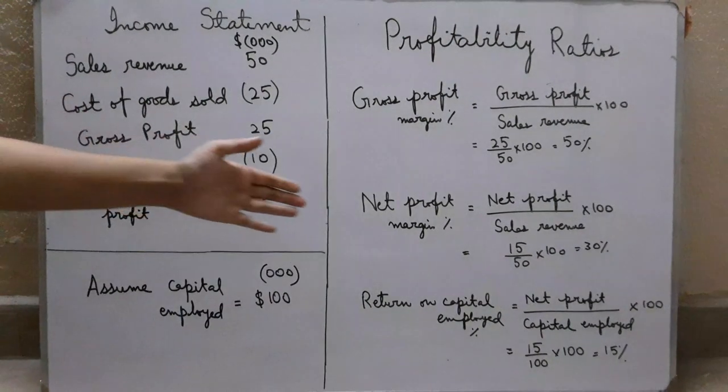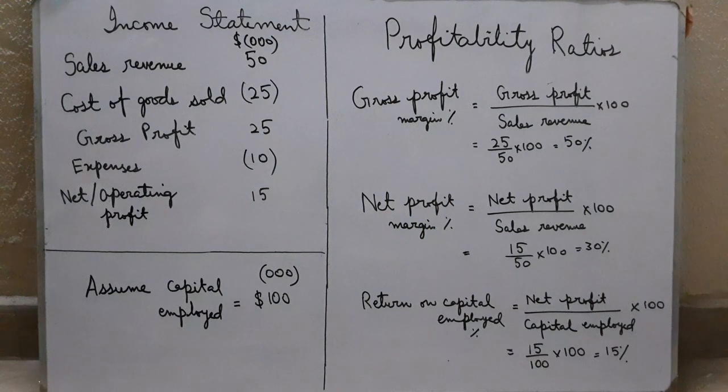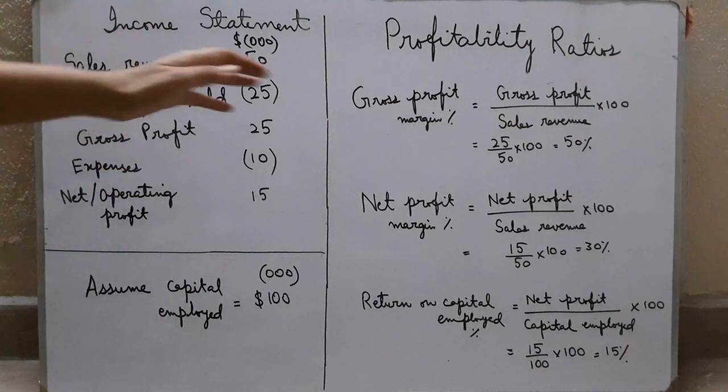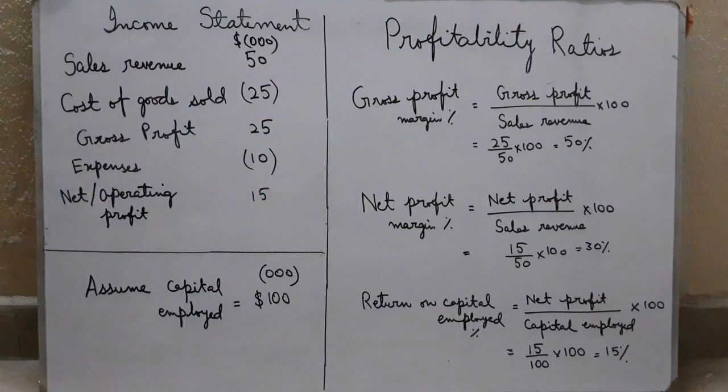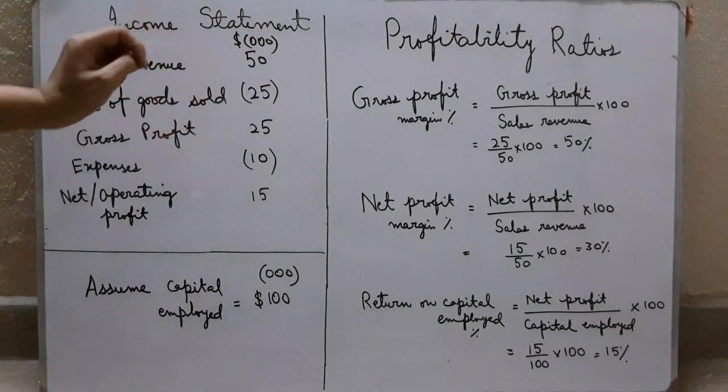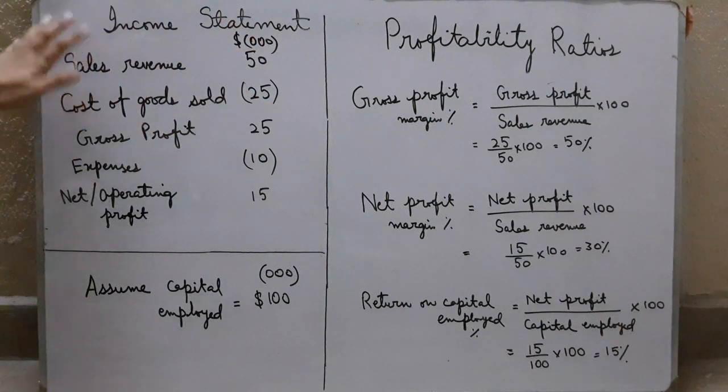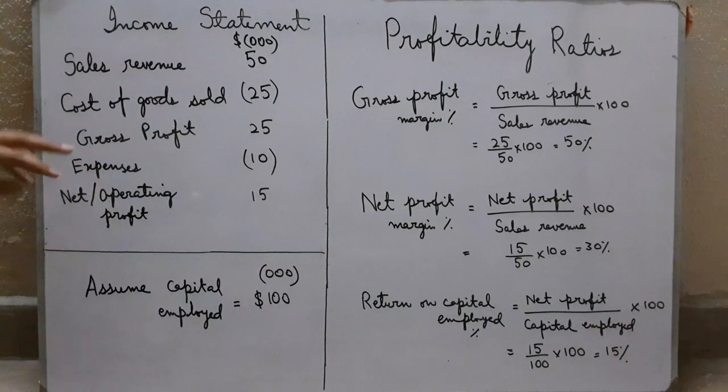Now let's talk about the second ratio, that is net profit margin. And the formula is net profit divided by sales revenue multiplied by 100. Again, the same information I can take from this income statement I have calculated. If my answer comes out 30%, and the next time I calculate it improves, that clearly shows that the net profit of the business has improved. And how has net profit improved? You can have the same previous reasons, but again, if you have already calculated gross profit margin, no need to comment on these two. Then simply comment on the expenses.